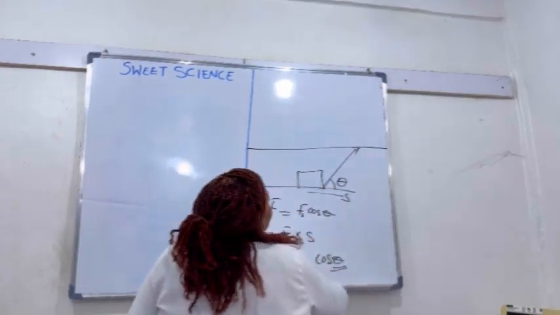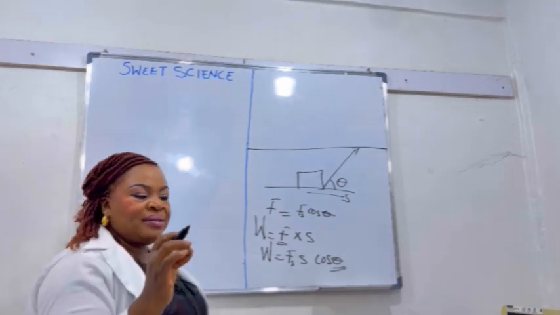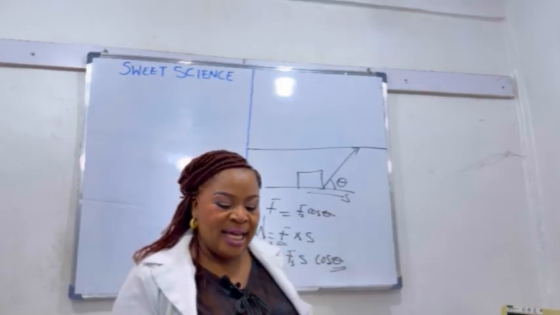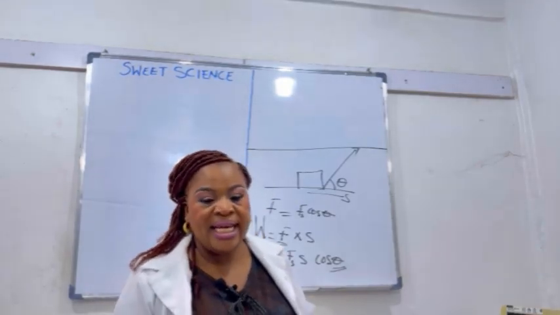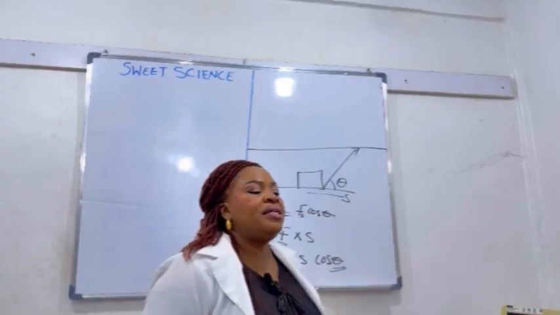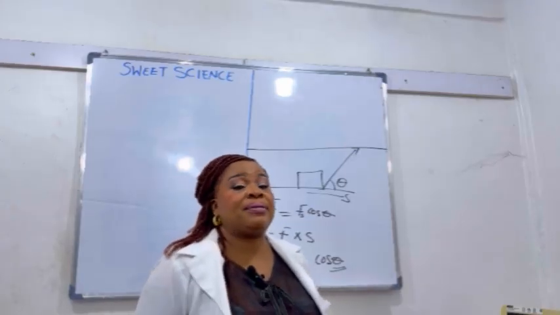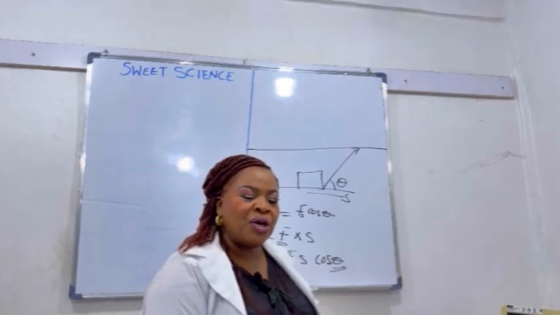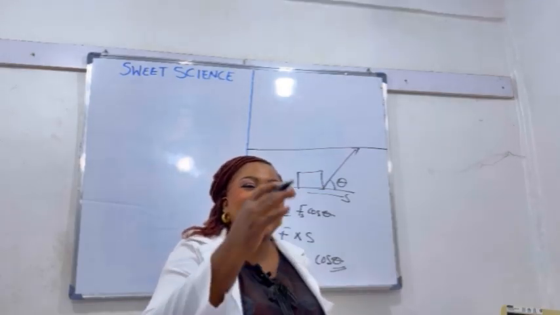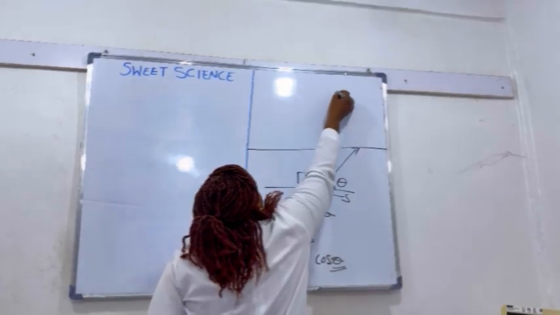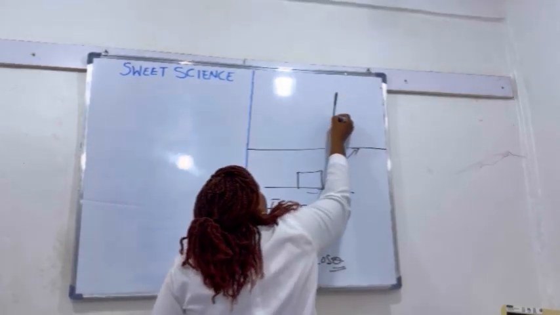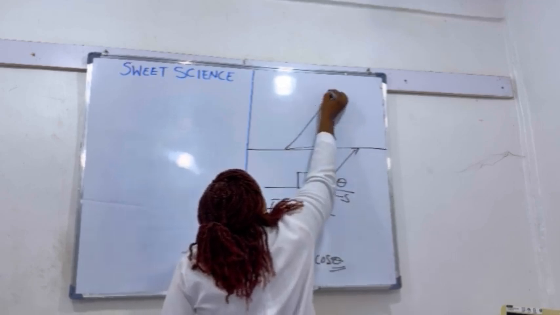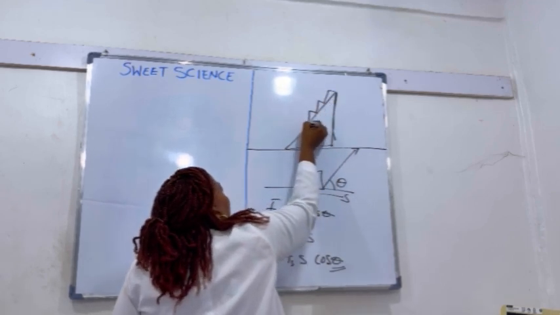Let me divide this, and then let me now explain something. Remember when we treated work, power, and energy, we said that when calculating the work done in climbing up steps, you don't calculate the number of steps. We only calculate the height. So if this girl is climbing up these steps, 25 steps,